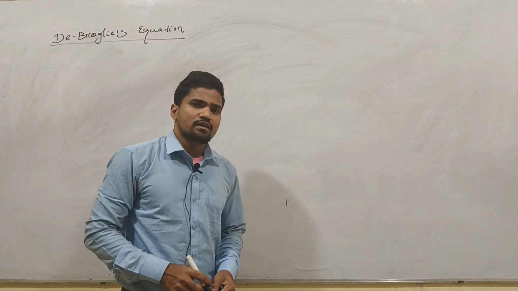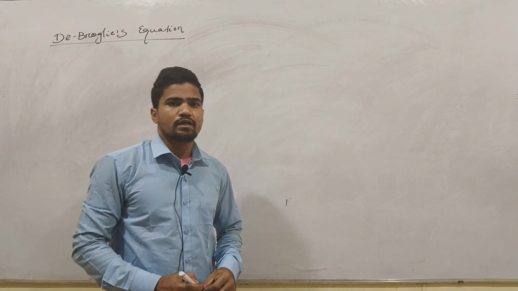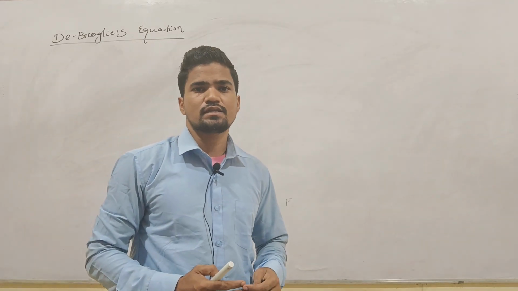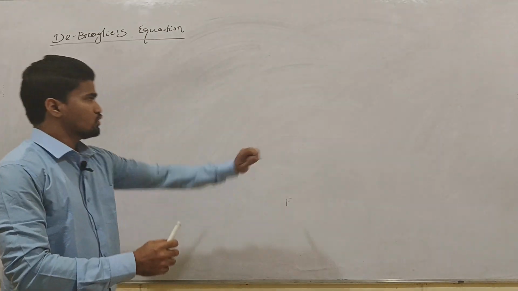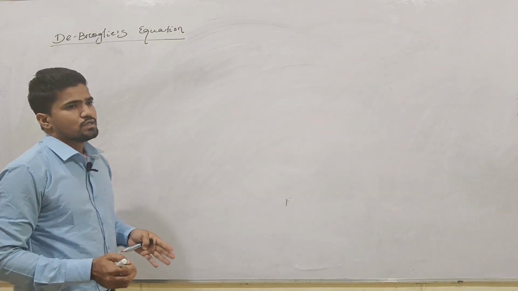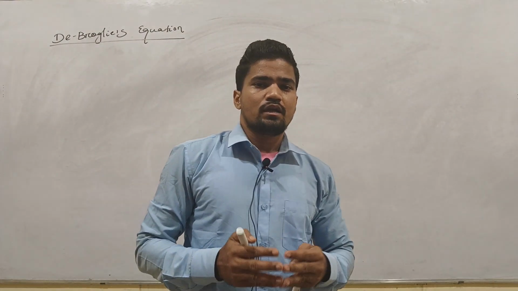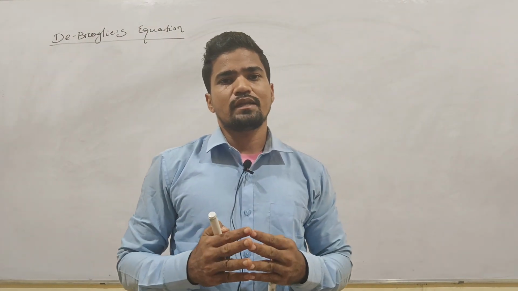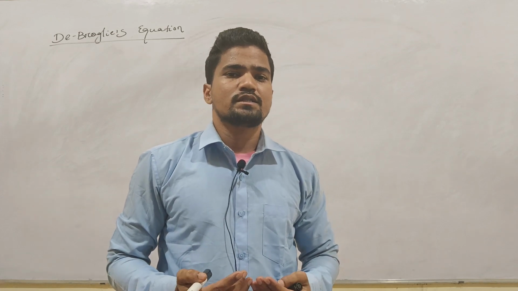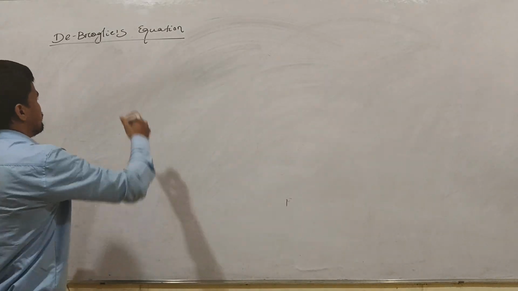So hello everyone. In this video we are going to discuss de Broglie's dual nature of matter, or de Broglie's equation, with numerical questions regarding JEE Mains and JEE Advanced. So let's start without any delay. de Broglie's equation is a simple equation obtained by combining Albert Einstein's energy equation E equals mc square and Planck's equation E equals h nu. So how do we get de Broglie's equation?